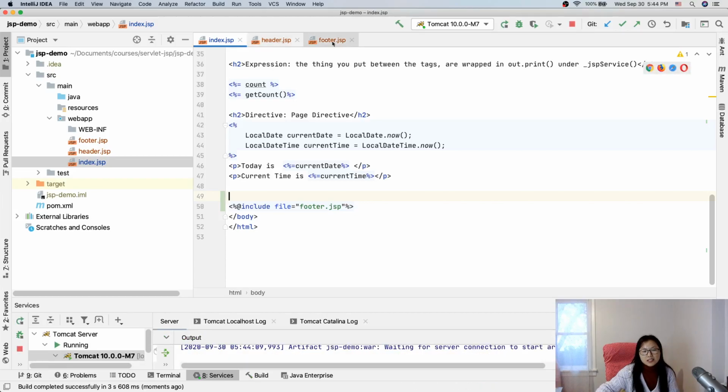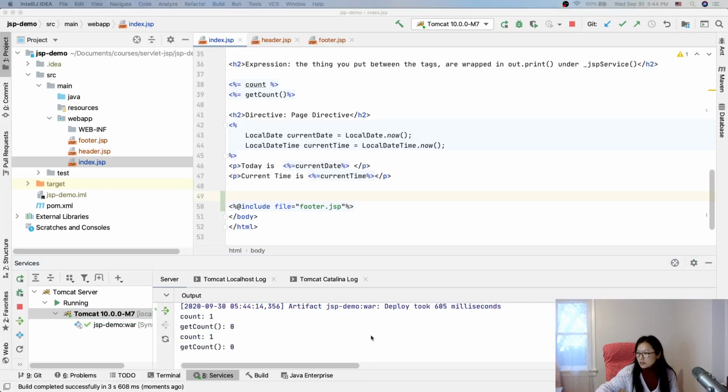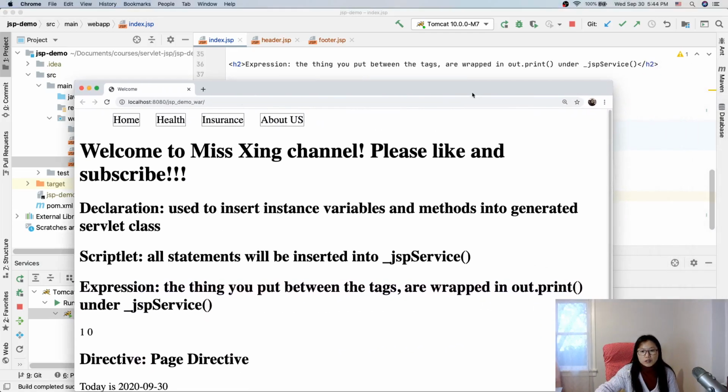Don't access these 2 pages directly, okay? Because if you access it, they're gonna do... Okay, so now let me show you the